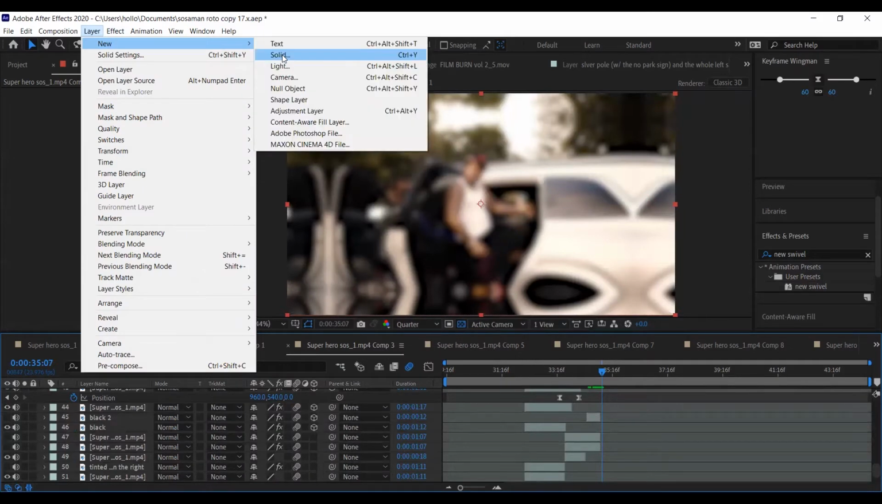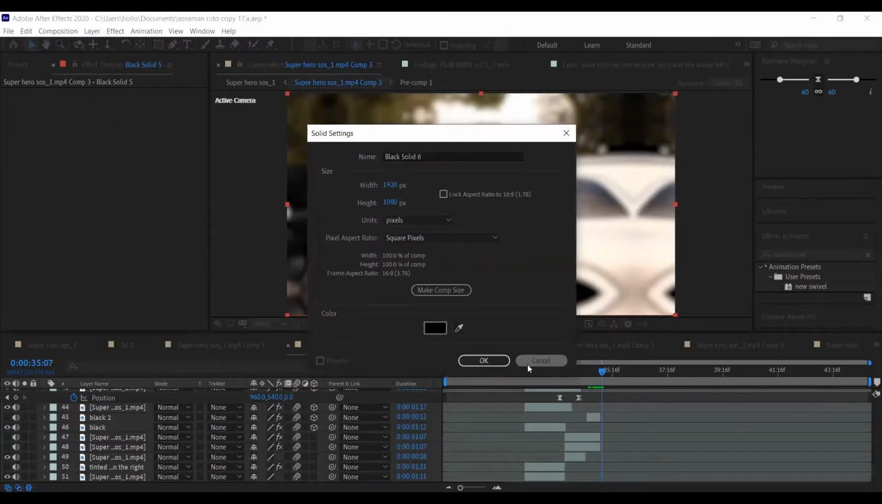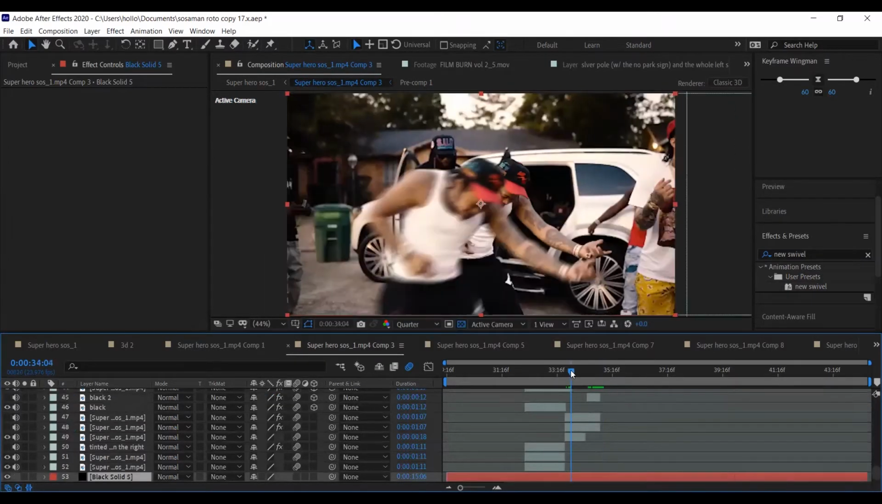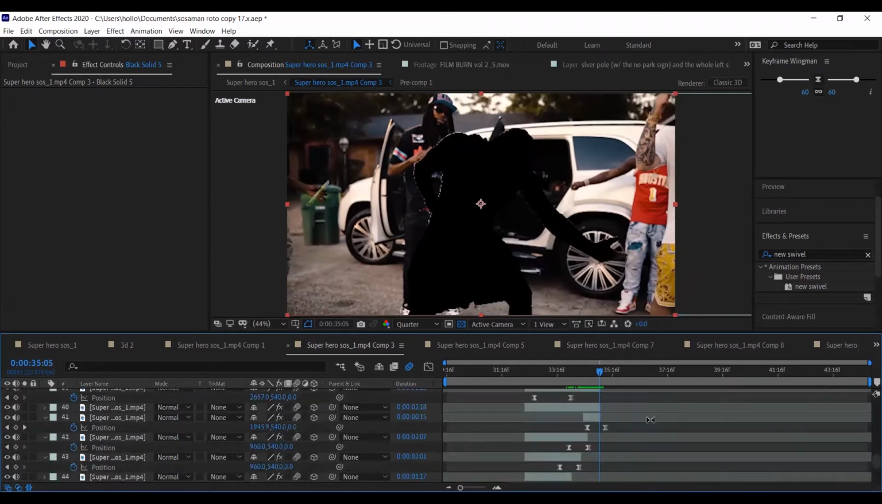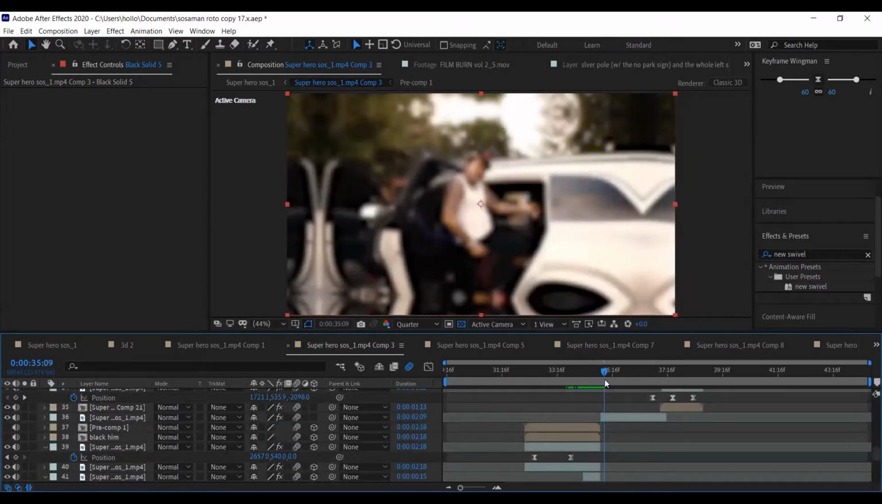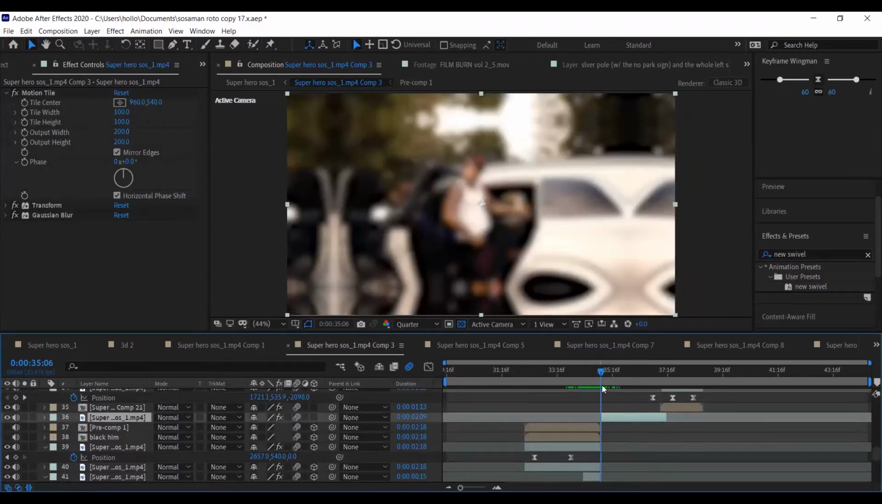Sorry, layer, new, and solid. Okay. And usually black is cool, and I hit OK. And that's how I keep that black look behind him when he slides off. Okay. And after that, that was a scale in effect, which normally I use when I want to have something